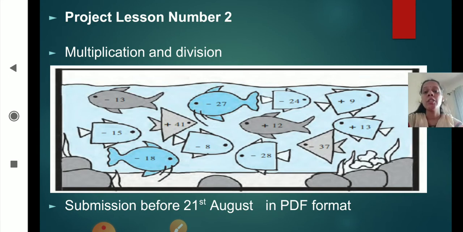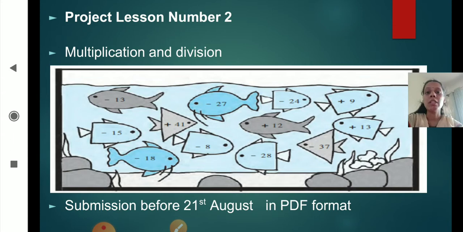You have to submit these before 21st of August in your respective class groups, in PDF format. But without fail, you will write your name, standard, division, roll number and SID number on the top of the cardboard project.